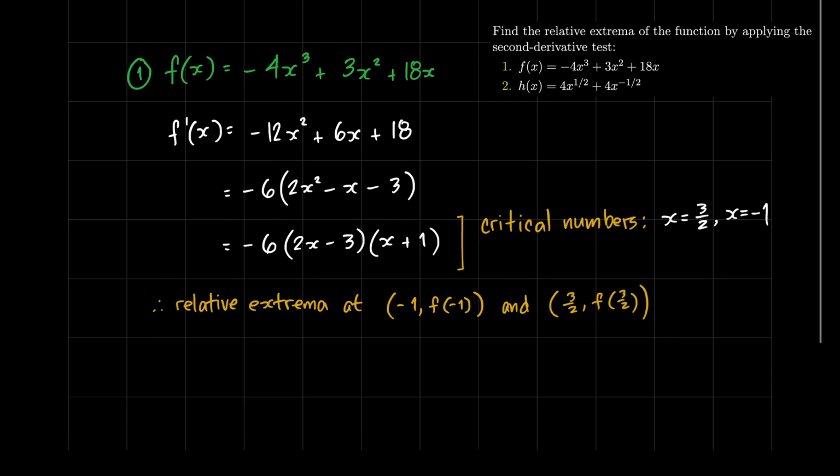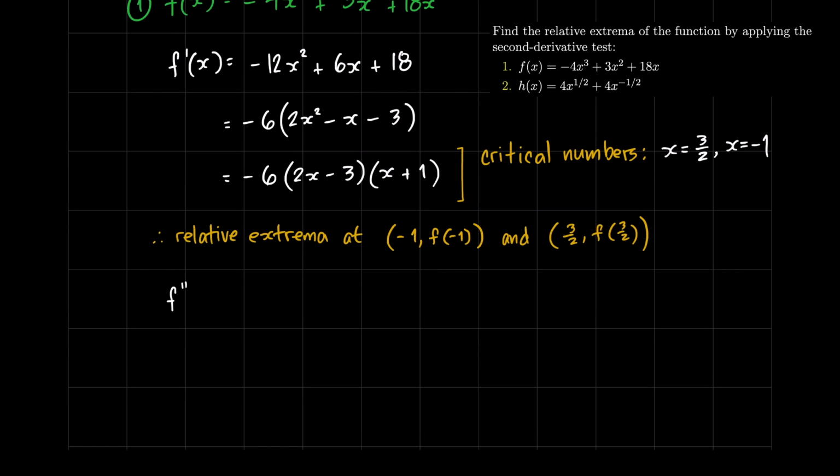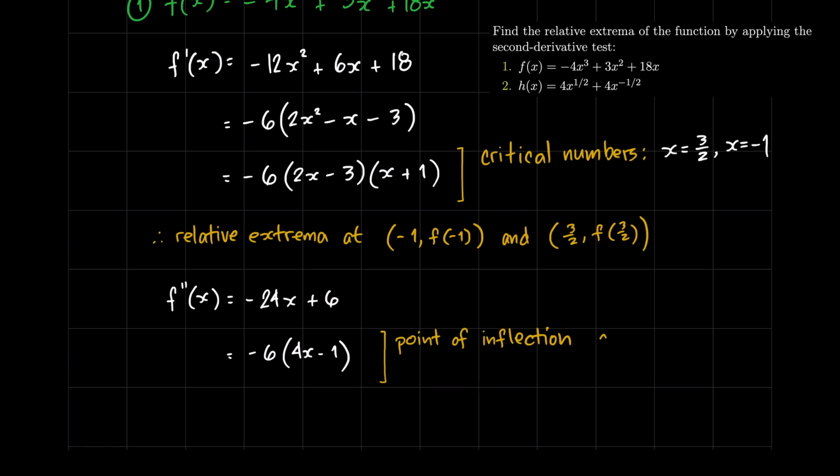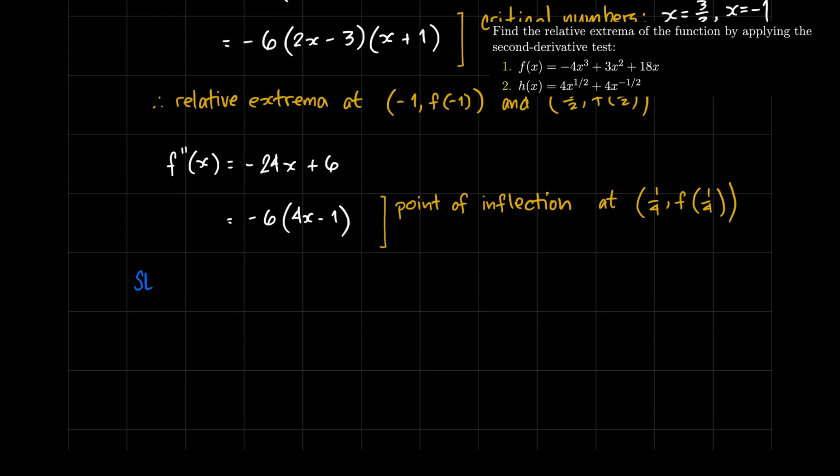Kunin naman natin si second derivative. F double prime of x is equal to negative 24x plus 6 or negative 6 times 4x minus 1. Since 0 ito when x is 1/4, sasabi natin na may point of inflection tayo sa point na 1/4, f of 1/4. Applying the second derivative test sa critical numbers natin, at x equals negative 1, f double prime of